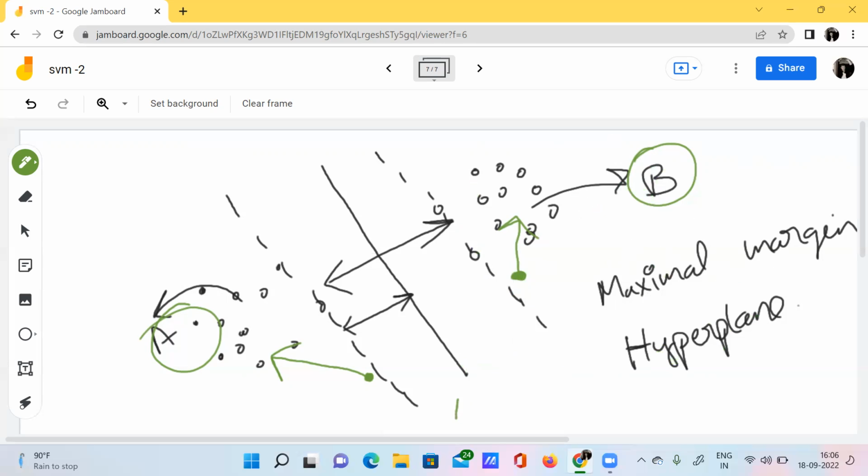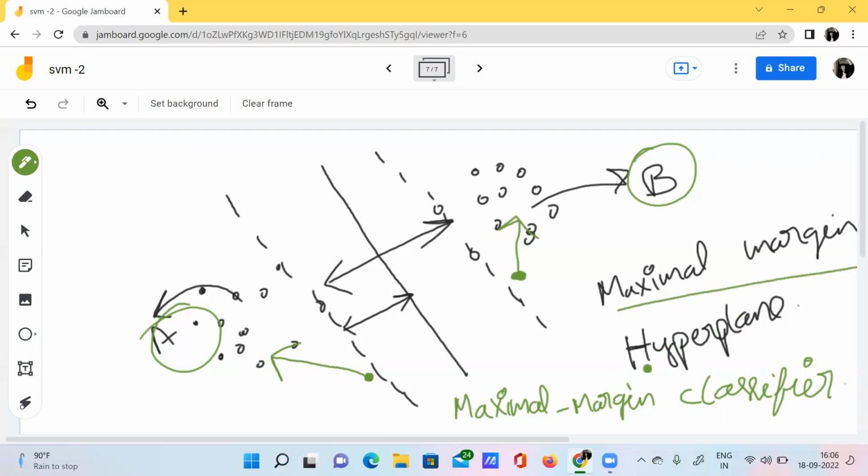So this process is nothing but the maximal margin classifier. Why? Because here we are using this maximal margin hyperplane. Using it, we have categorized the data points belonging to this class and the data points belonging to this class. So this whole process is nothing but the maximal margin classifier.